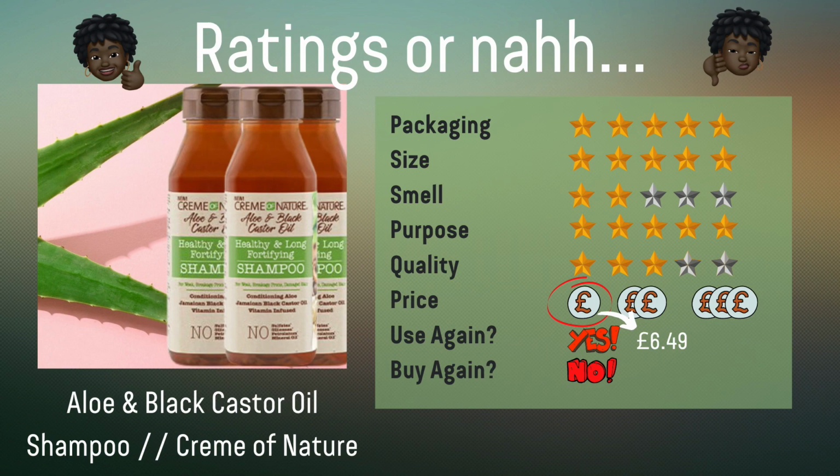Okay, so now with the shampoo, it was a great shampoo and I loved it, but I'm extremely worried with how much my eye was burning after the shampoo went in my eye. Shampoo's gone in my eye before and it's never burnt like this. What that tells me is there's chemicals or ingredients in the shampoo, and for that reason alone I just wouldn't